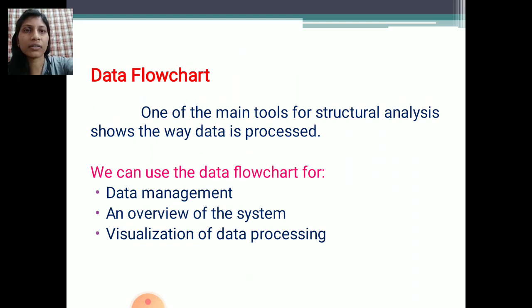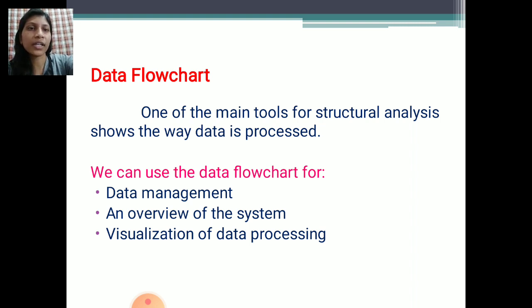Data flowchart means what? It is one of the main tools for structure analysis, and it shows the way data is processed. Whatever data we are using, it shows how it will be processed.